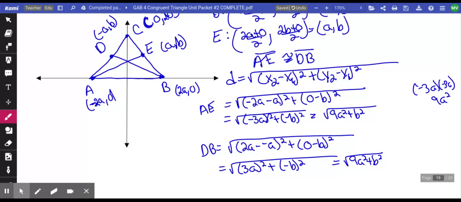So the length of AE is the square root of 9a squared plus b squared. That cannot be simplified. DB is the square root of 9a squared plus b squared. Since they are the same, AE is congruent to DB. They have the same